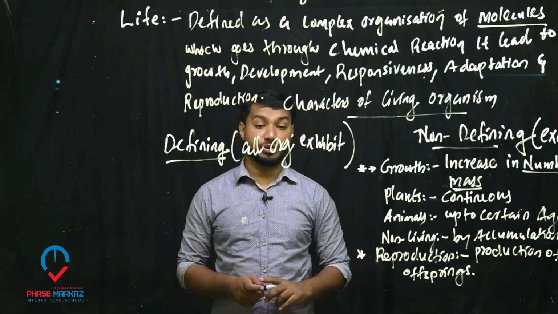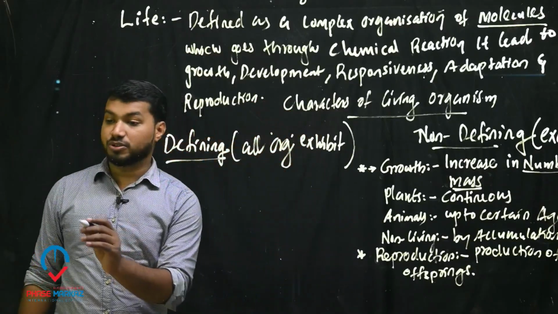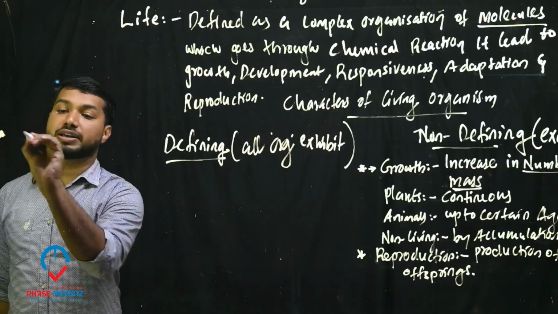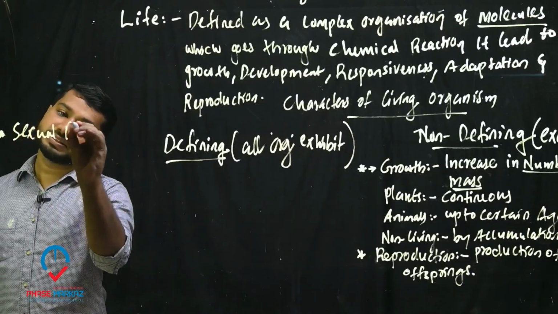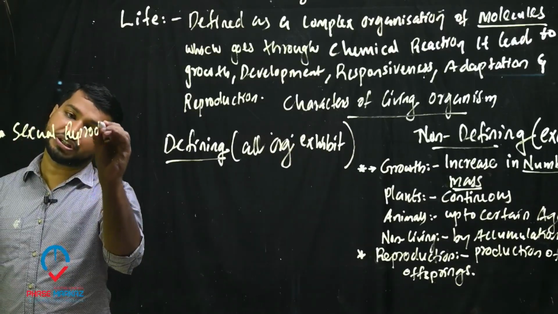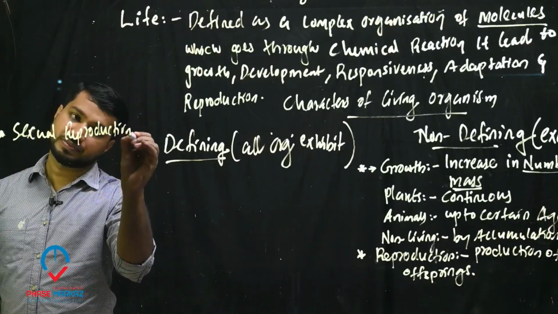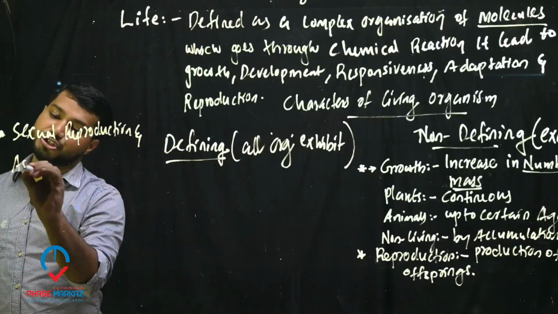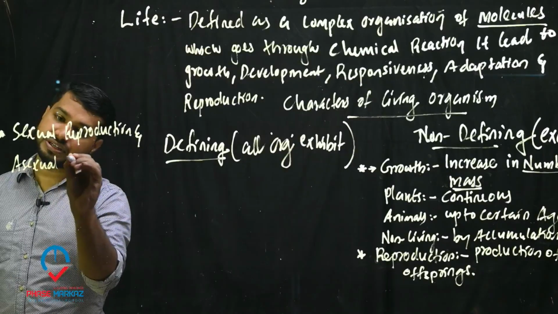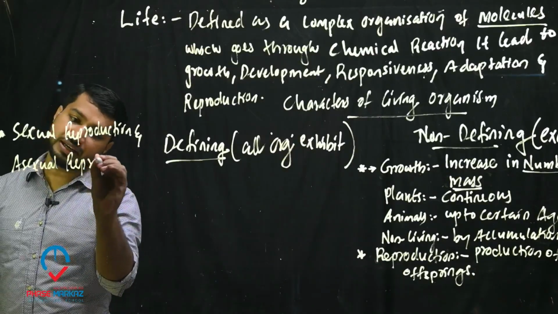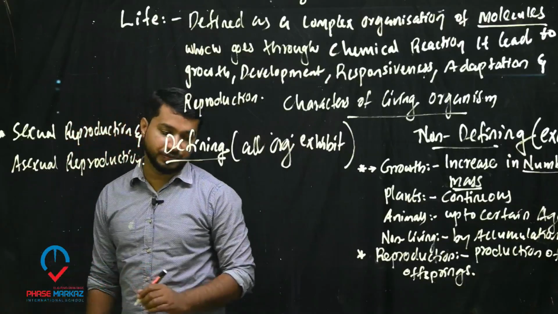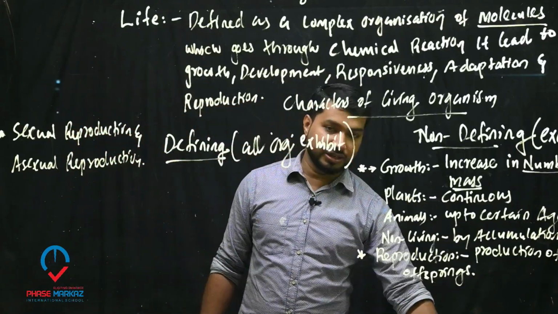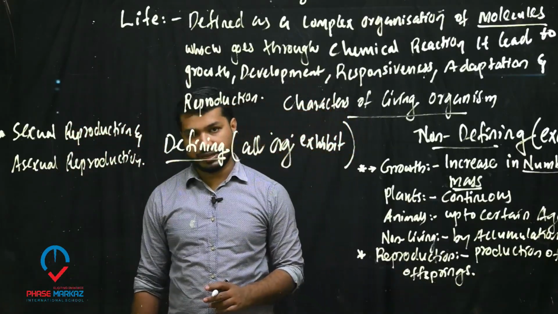There are two types of reproduction. I will mention here two types of reproduction. What are those two types? Sexual reproduction and asexual reproduction. There are two types of reproduction, sexual and asexual reproduction, right? Listen,